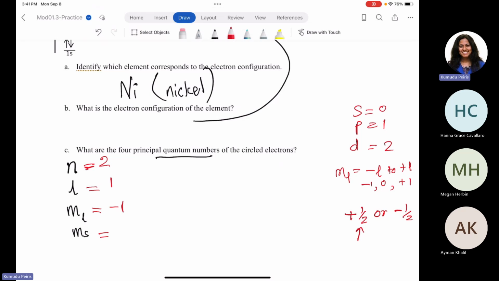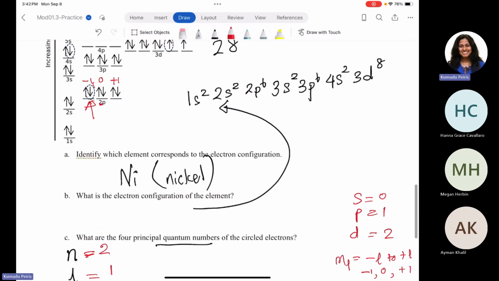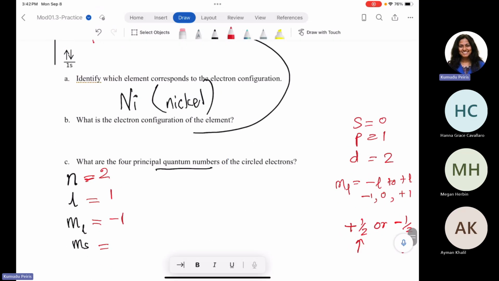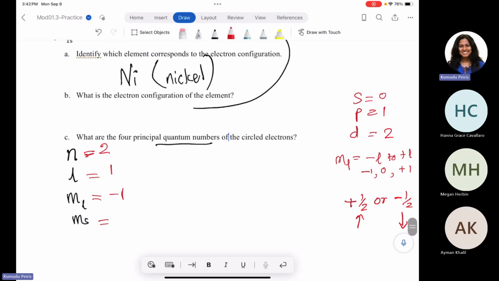Plus half is the upward one. The downward electron will have the minus half. So when you go there, it was the downward one. So then the ms will be